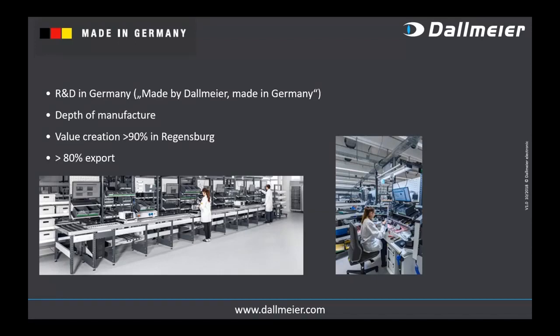And being a company that manufactures and has the entire value chain based out of Germany, we have a lot of control over every single step of product development, of the hardware we use. And we are also proud to say that we live, work, develop and manufacture in a country that follows the rule of law,